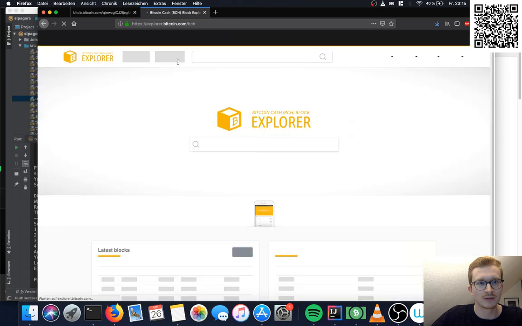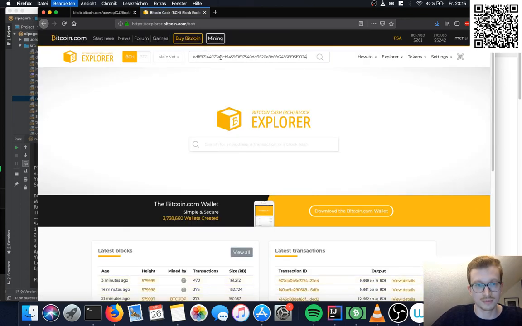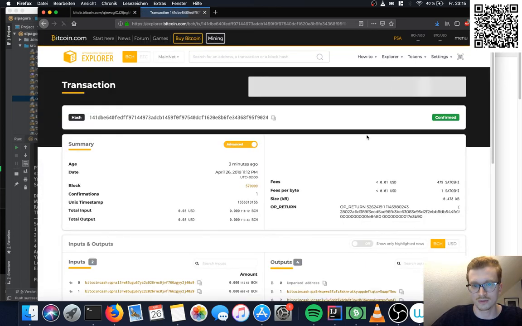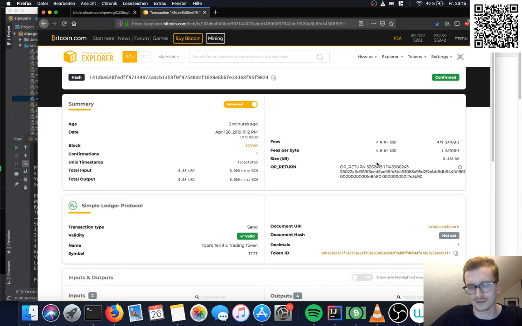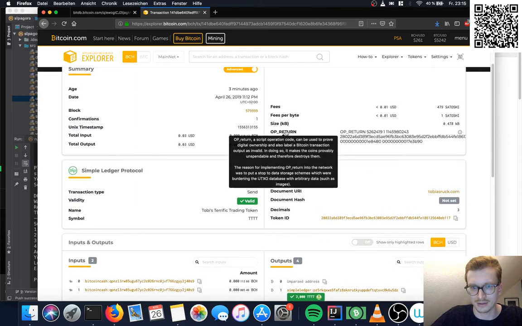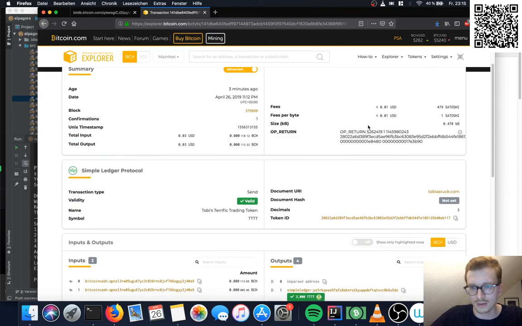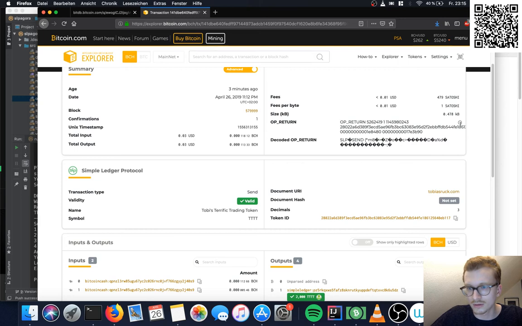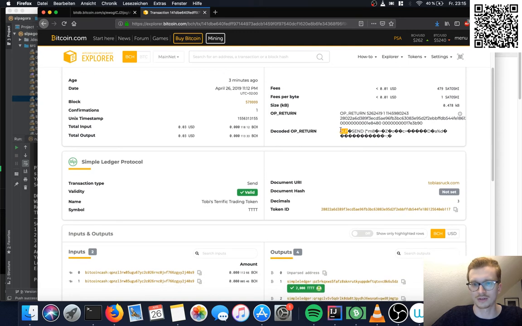I will pick the Bitcoin Explorer because it's very nice for SLP tokens and OP return stuff. We'll see this is a normal SLP transaction, so it has SLP, it's sending, and all the metadata that's required for SLP.